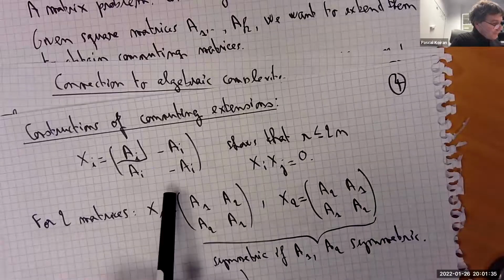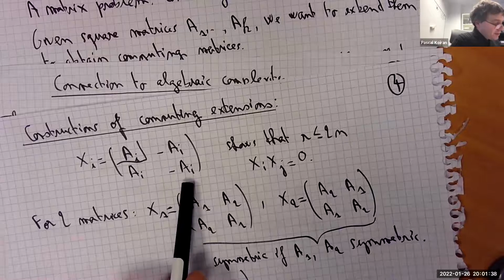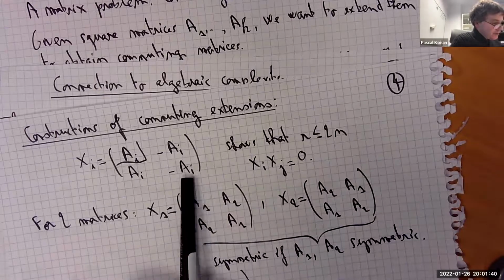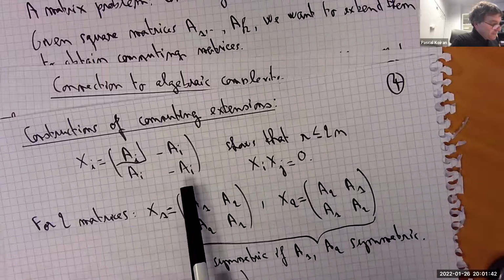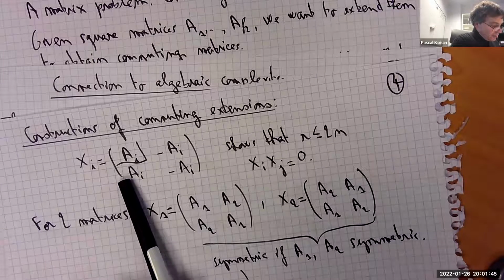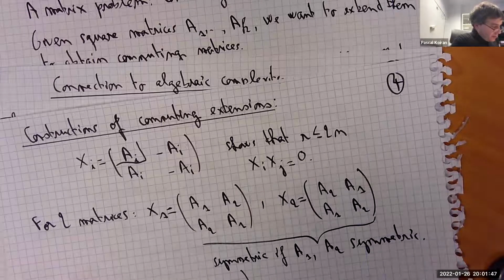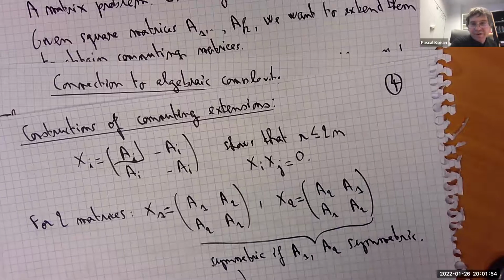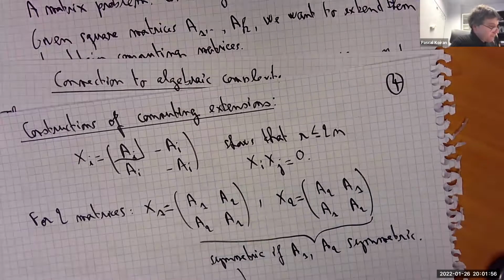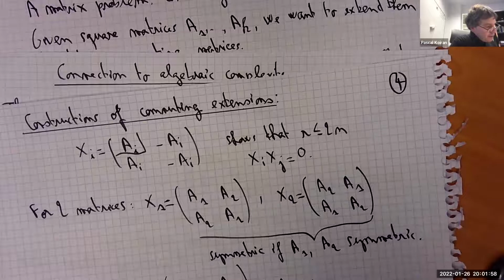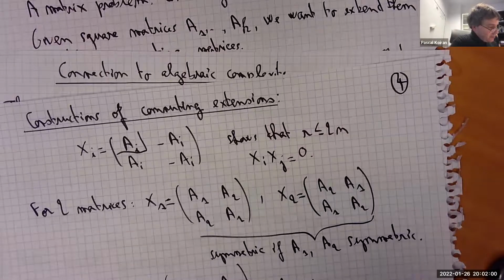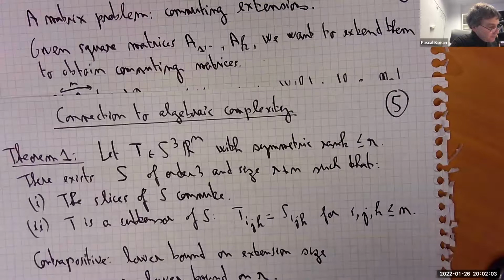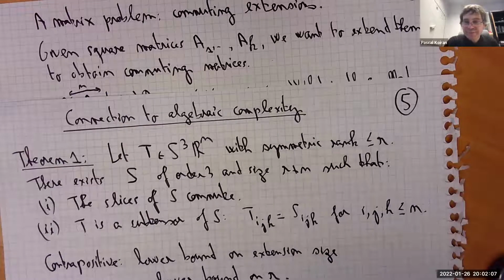It's very important to take that condition into account because, as we saw at the beginning, if you don't take this diagonalization property into account, then you always have small extensions. For instance, here over C, even with symmetric matrices, you always have extensions of size 2n, but these matrices are not diagonalizable because they're nilpotent. So that's the crucial difference between the real and the complex case. Okay, so I guess I have to stop here now.